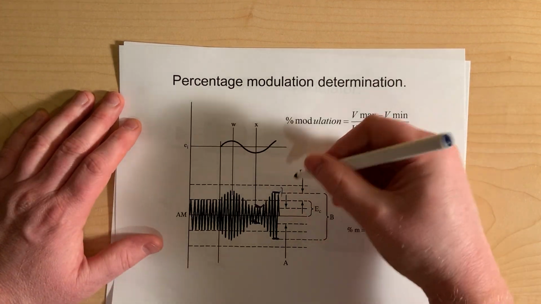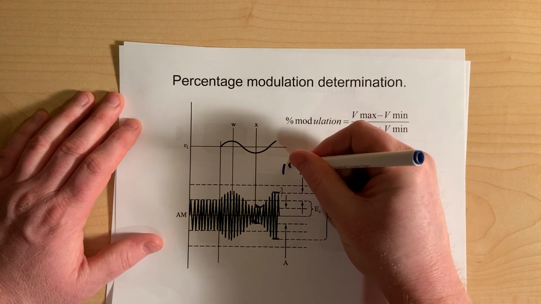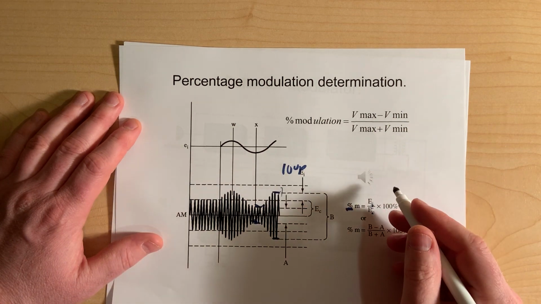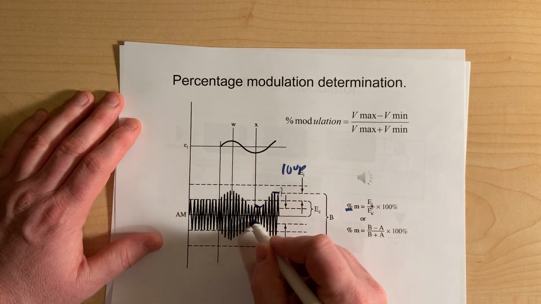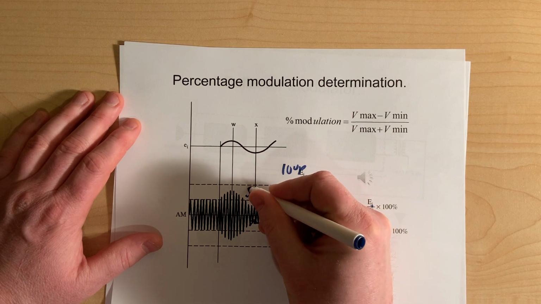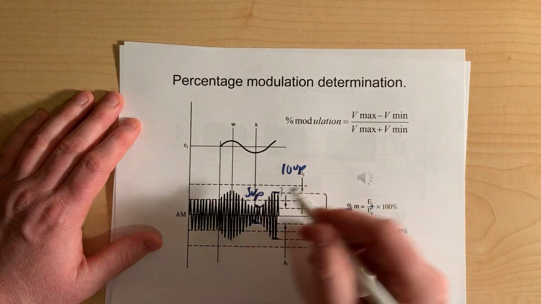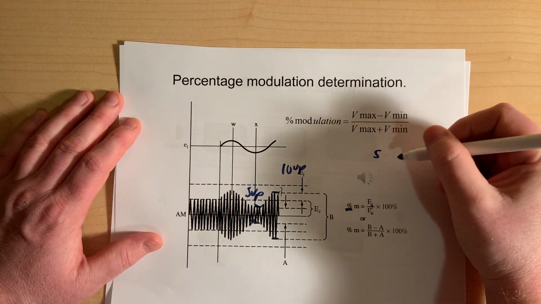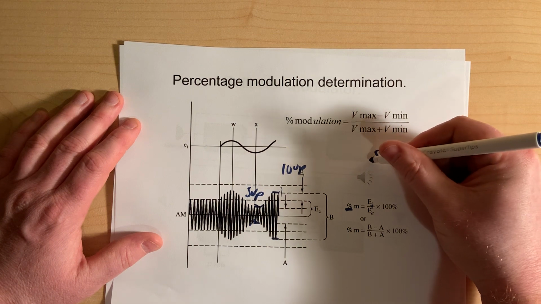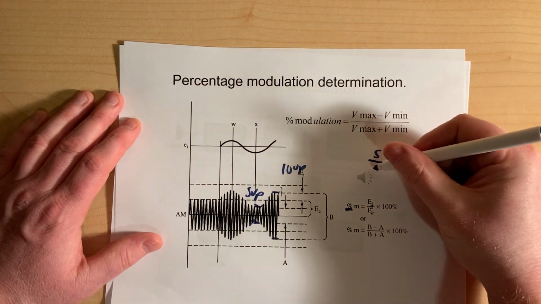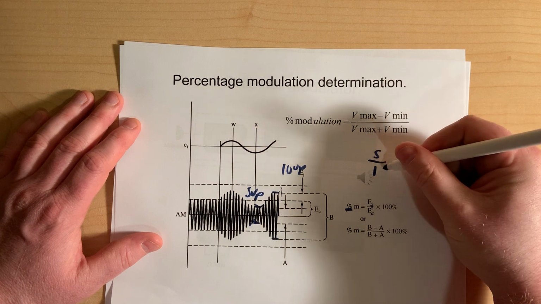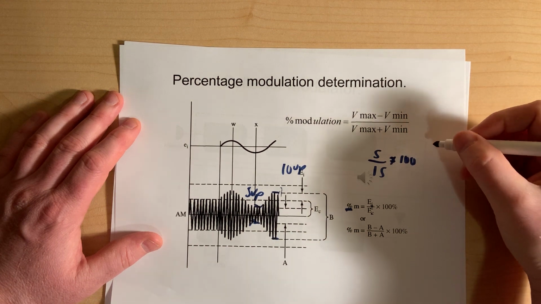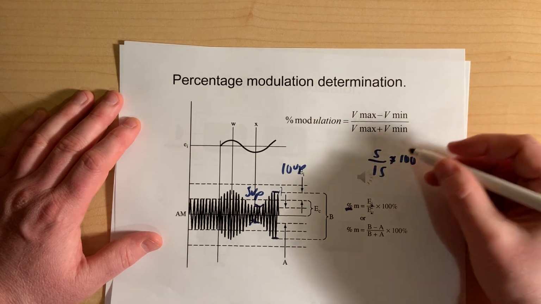So in this example, say from here to here was 10 volts peak, okay? And then we had, say, 5 volts from here to here. I'm going to keep this simple just for explanation purposes. So the first part of this, I'm going to subtract 10 minus 5, so we're left with 5, right? And then I am going to divide by the sum of them, which is 15, right? And then multiply that by 100, right? And then you get